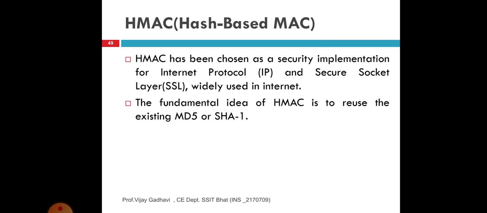Transformation is one way, meaning that, given a particular output, it is difficult to compute the input which compresses to that output. For example, SHA-256 operates on 512-bit blocks. The size of the output of HMAC is the same as that of the underlying hash function.